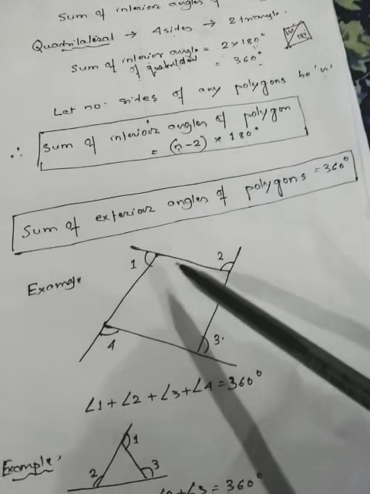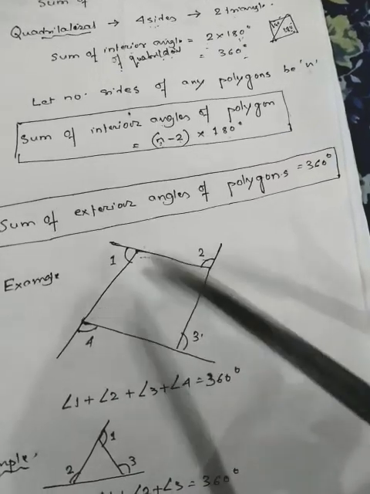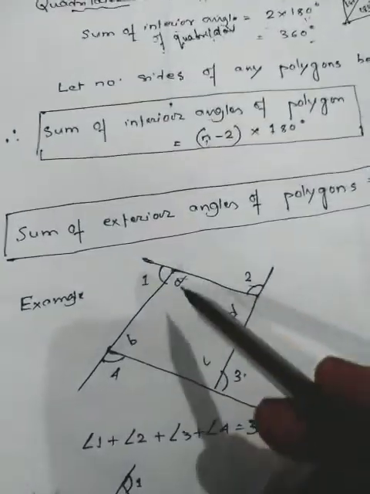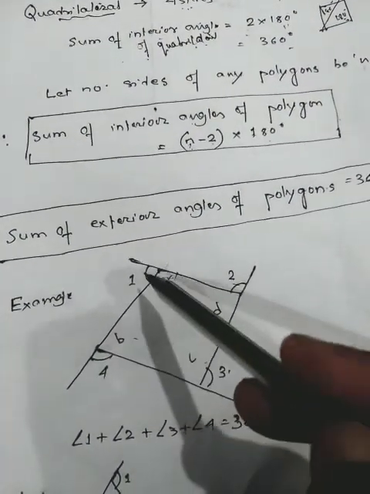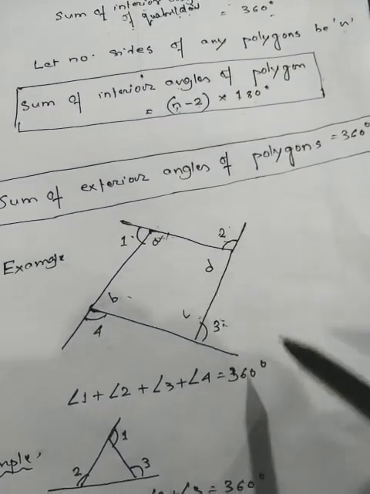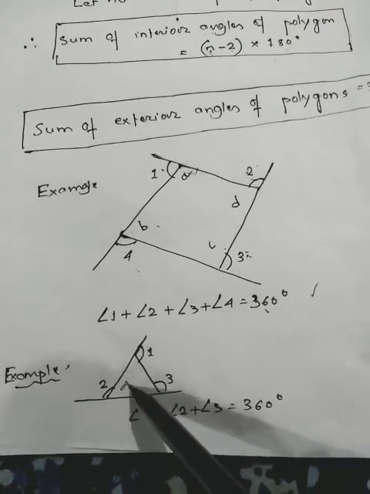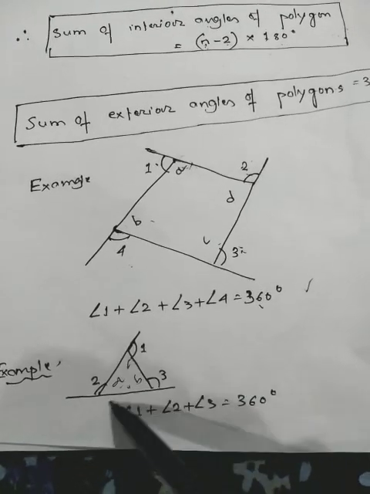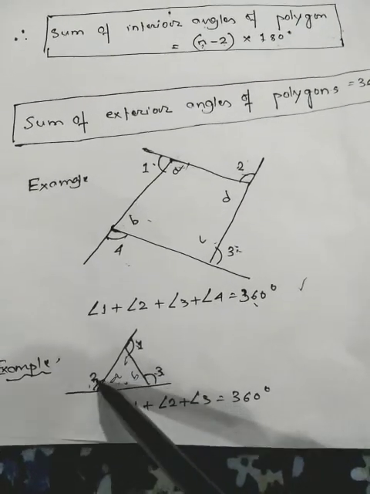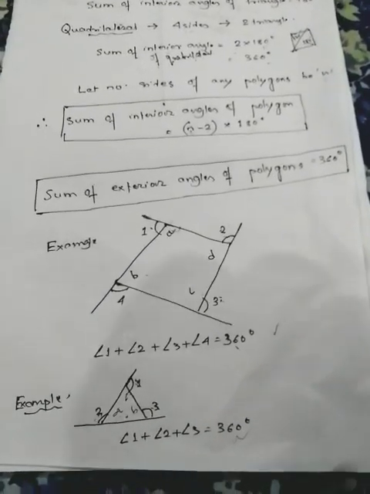See, I've shown you one example. This is a type of quadrilateral, and these are all interior angles because they are inside the figure. Suppose I consider A, B, C and D, isn't it? So A, B, C, D are all interior angles and all the numbers are exterior angles. So always remember that the sum of all the exterior angles would always be equal to 360 degrees. In the case of a triangle also, if I write A, B and C, these are all interior angles and all the numbers are representing the exterior angles. So the sum of all the exterior angles will always be equal to what? 360 degrees. So this is a concept that you have to keep. Okay, students?